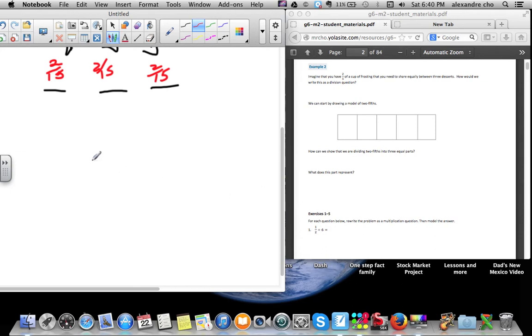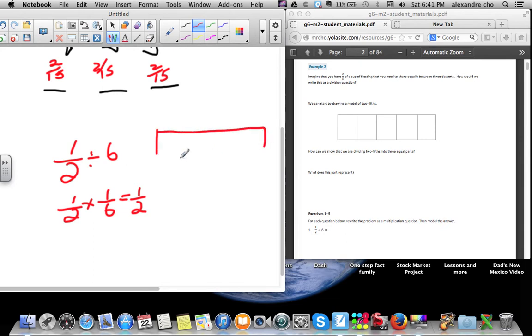Alright, so it says, rewrite the problem as a multiplication question, then model the answer. Okay, easy enough. Half divided by 6. Remember, you're multiplying by the reciprocal, so half times 1 over 6, and you get 1 over 12. So let's see if we can use a model to prove that. So here's something that's cut in half. Okay. I'm sorry, this is 1 over 12. So half and